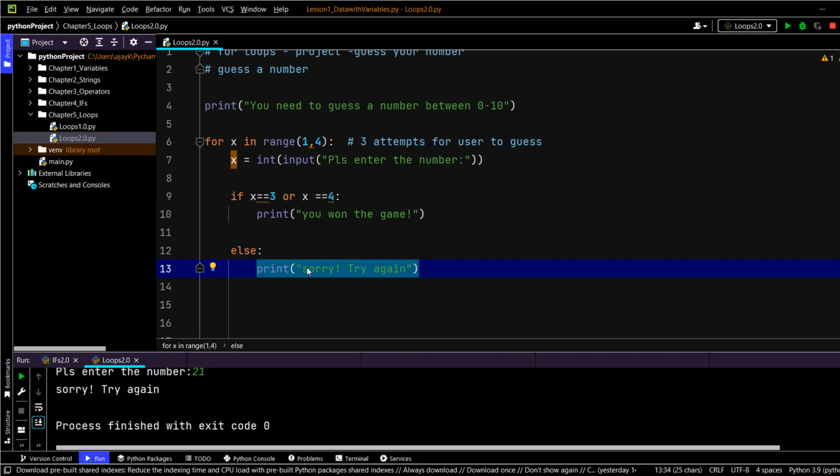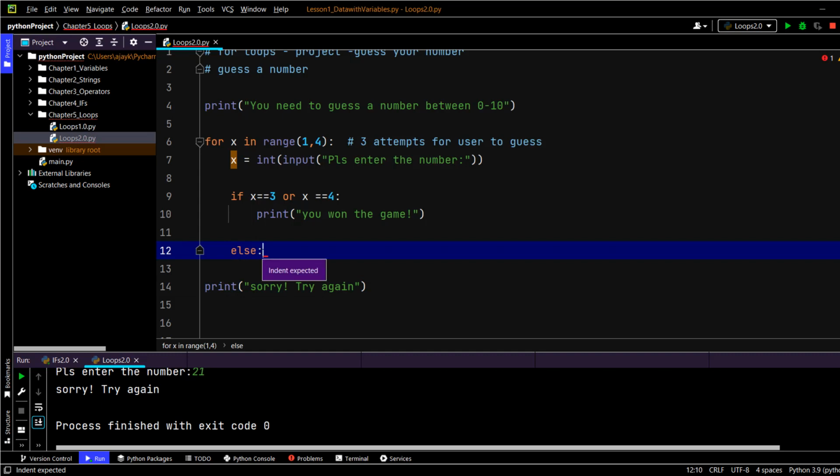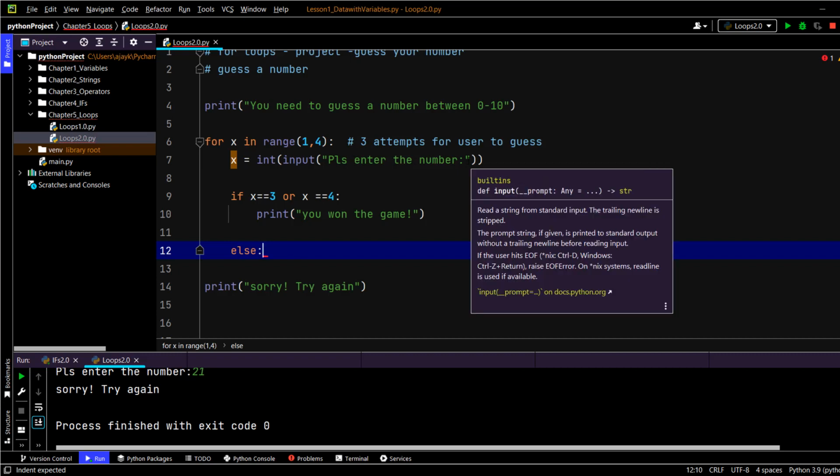Right? So that is the first thing. Now let me cut this and put it here. Okay, so indentation should not be there. So now print "Sorry, try again" is not going to be a part of the else condition. Okay, all right. Now when I say "please enter the number," I think this is where you can